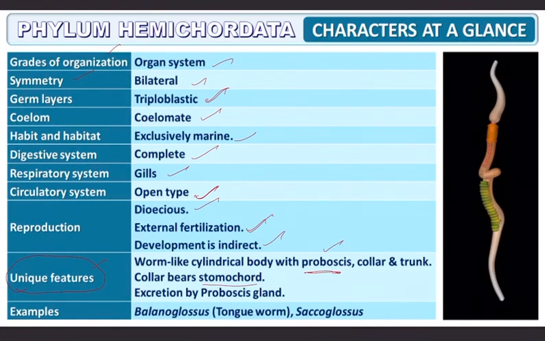You just see the unique features. I want you to focus on this column, unique features. You will come to know all the 11 phyla. What are the unique features of each phylum? And once you are perfect in this column, you are able to answer many questions in competitive exams. And particularly, many questions come in NDA, UPSC NDA from this. Hence,